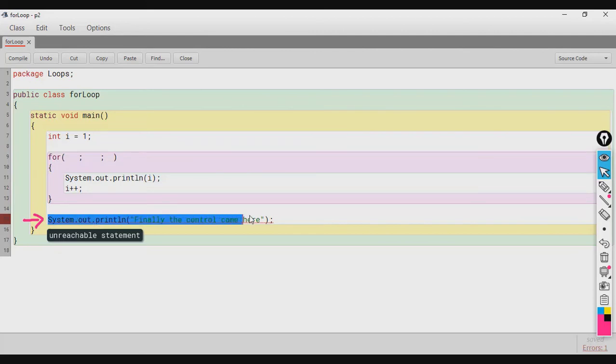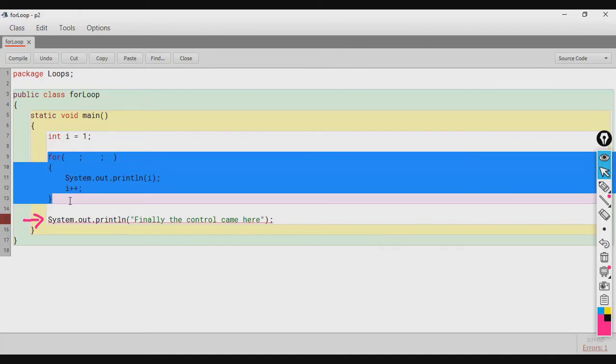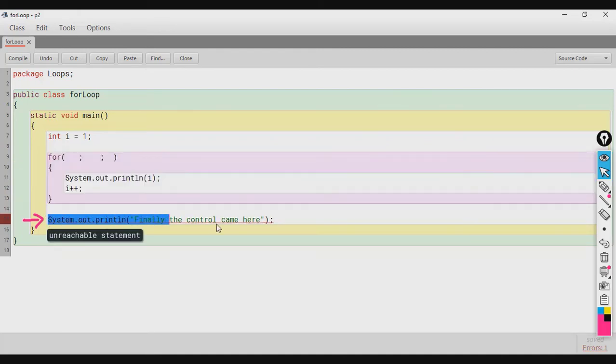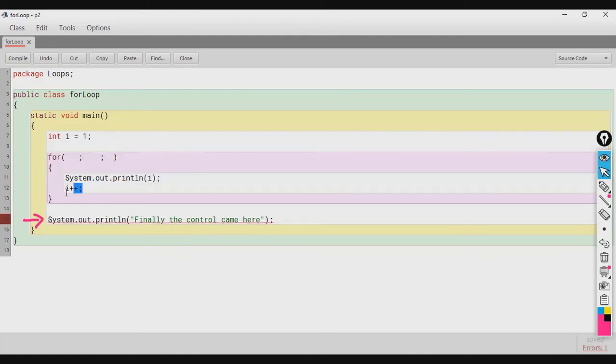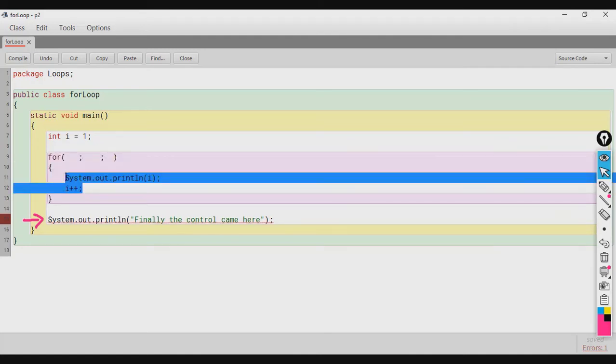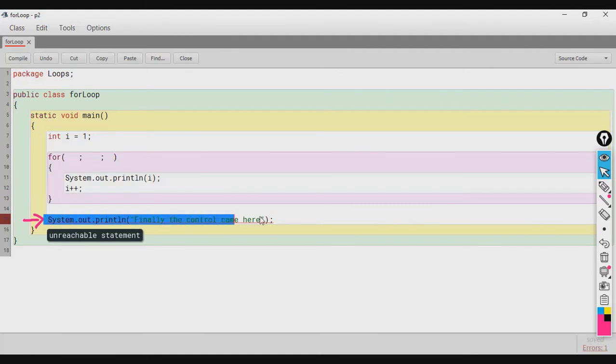So, how will this statement execute? The control can never reach here, because the loop which is present above this line is an infinite loop, okay. And these two statements, that is line number 11 and line number 12, will keep on executing, and the control can never reach this line. So, we should take care of infinite loops, okay.